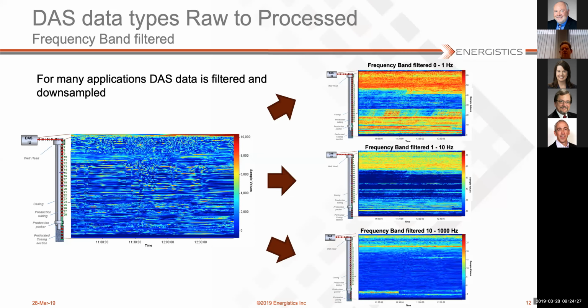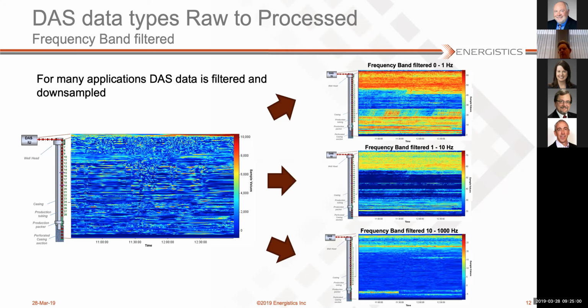Yeah, so these are there. Here's a practical example again. So we see the same raw data representation as we saw before. And then on the right, you see, say, frequency band filtered versions of that. What's interesting to see now is that you can start to notice some additional features that were not straight away obvious from the raw data. So that shows the power of filtering out certain elements.